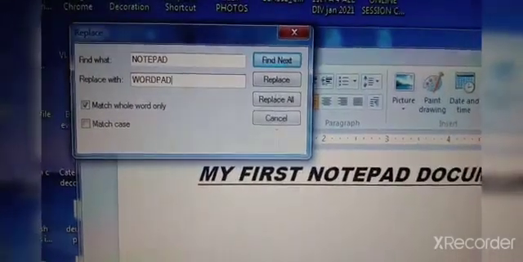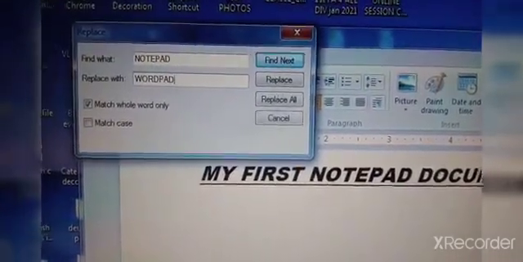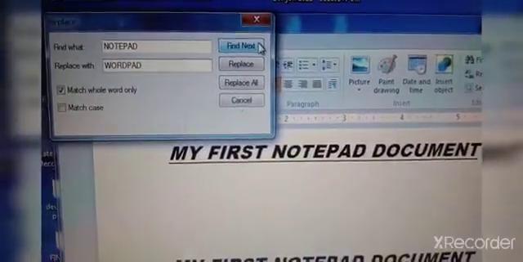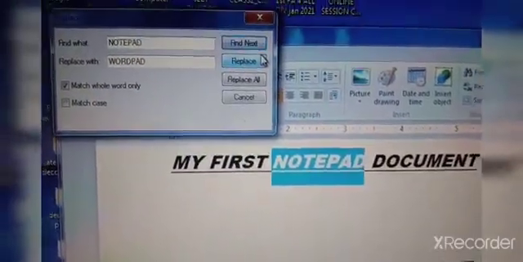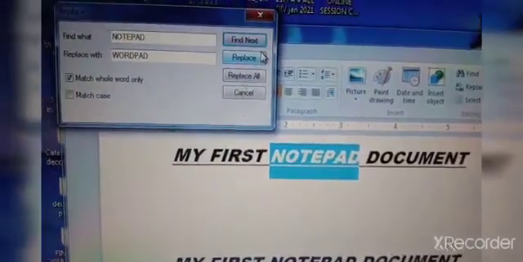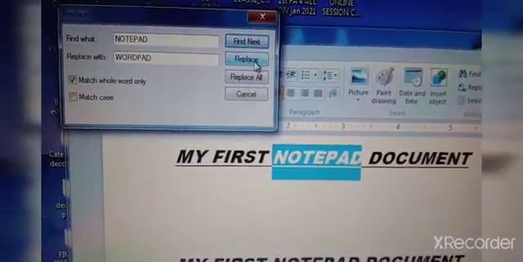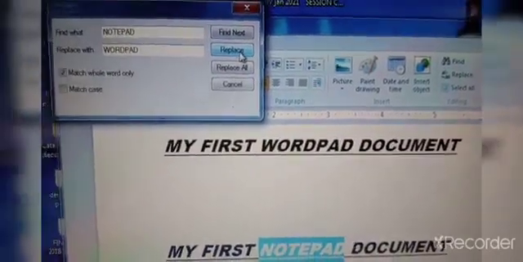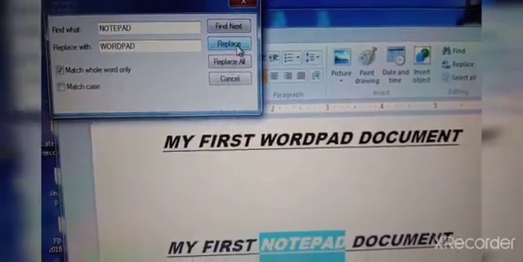Change it with WordPad. Now click on find next. You can see the notepad is highlighted. Now you want to replace? Yes. Click on replace. You can see the notepad is replaced with WordPad.